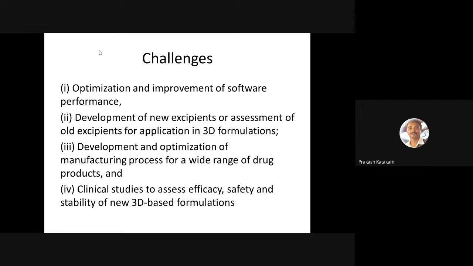Already some excipients are there in the market which can be used for 3D printing purposes, but not all excipients have the desired properties, like melting point is one thing and binding nature. All these things are not there for all materials. That's what I told you. We are actually working on cellulose polymers. Cellulose polymers have some advantages, like binding nature is there, but they have poor melting properties. They burn off or they degrade at a particular temperature. Instead of melting, they degrade. So these problems should be solved by exploring to identify new polymers or semi-synthetic polymers or synthetic polymers which are biocompatible and biodegradable.